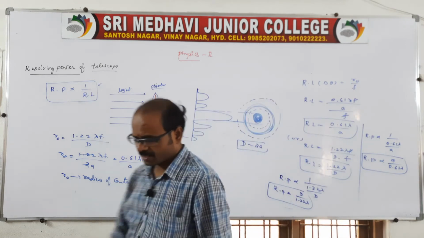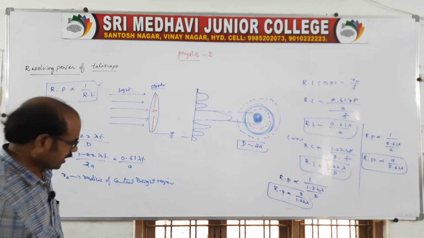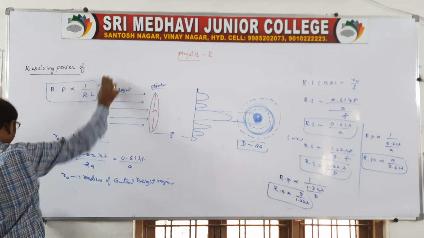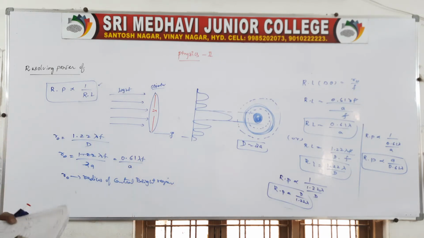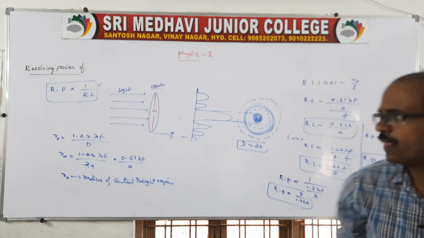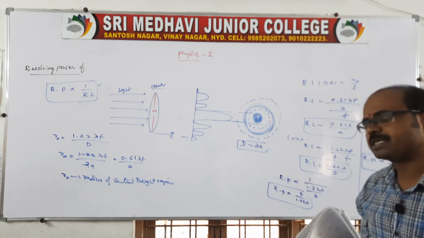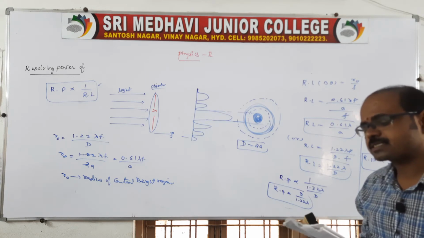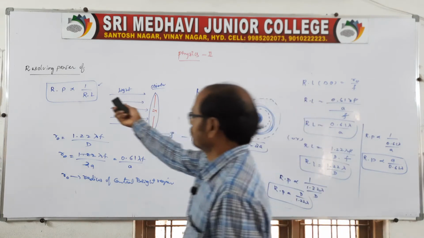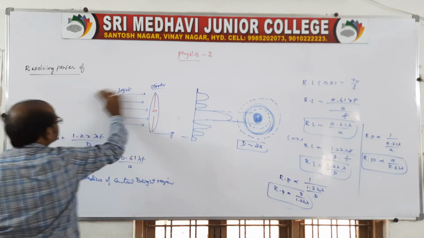After knowing this, I would like to tell you about a microscope. Again, the microscope also has the same resolving limit. We should know about the resolving power first. That resolving power is nothing but the same issue. Resolving limit is inversely proportional to resolving power, and resolving power is inversely proportional to resolving limit. So based on it, I will tell you like this.